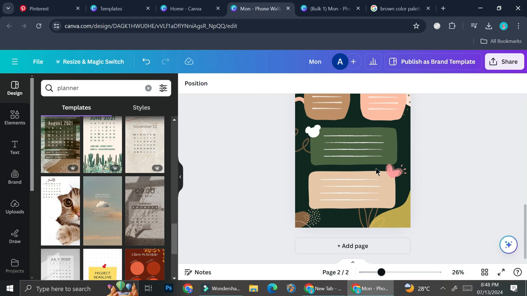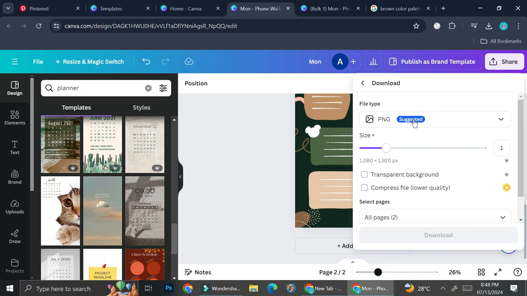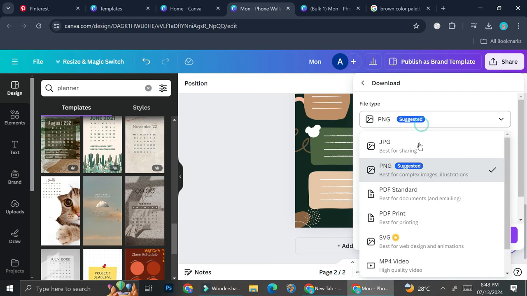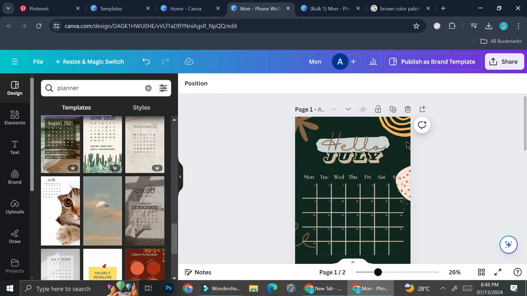And then if you ever want to print it, all you have to do is click on share and then choose PDF print as the file type, so that it's going to have the right color when you save it, and it is just the right file type for you to print out. And that's basically it. That is how you can create and design